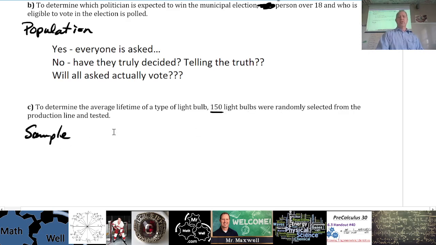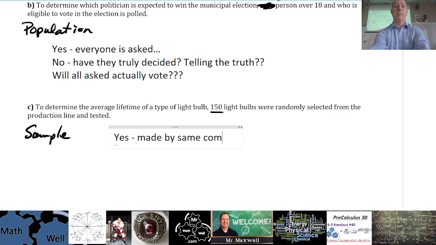And what would you say about this? Do you like the conclusions that this would give? Probably, because they're all made by the same company under the same circumstances. Obviously, if it's on a production line, it's right in the manufacturing place there. So made by the same company, under the same conditions. Now,